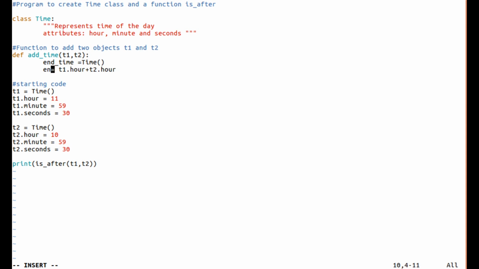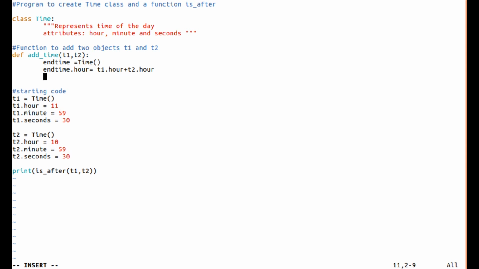Now end_time.hour is equal to t1.hour plus t2.hour, and end_time.minute is equal to